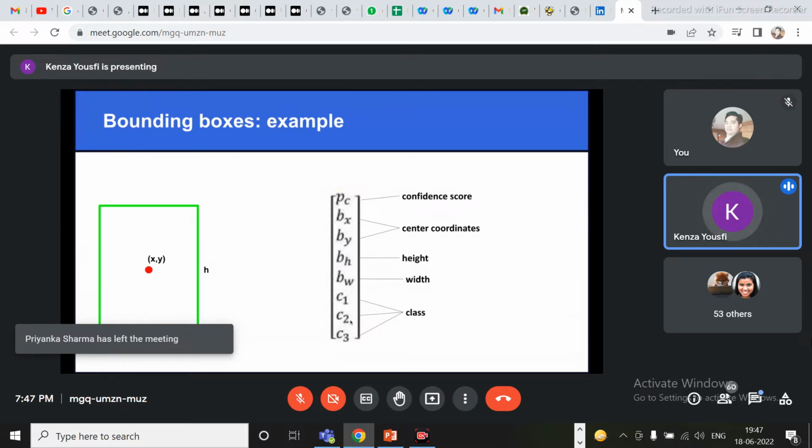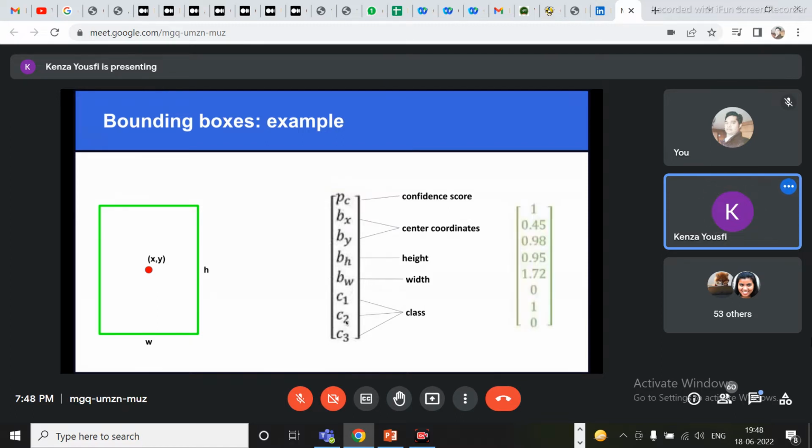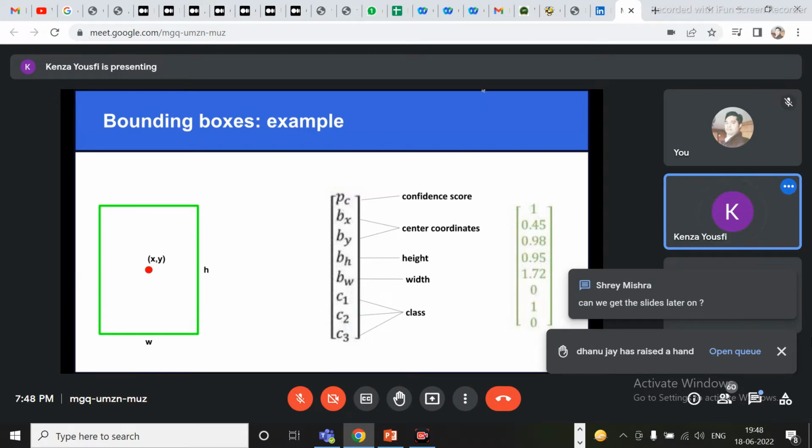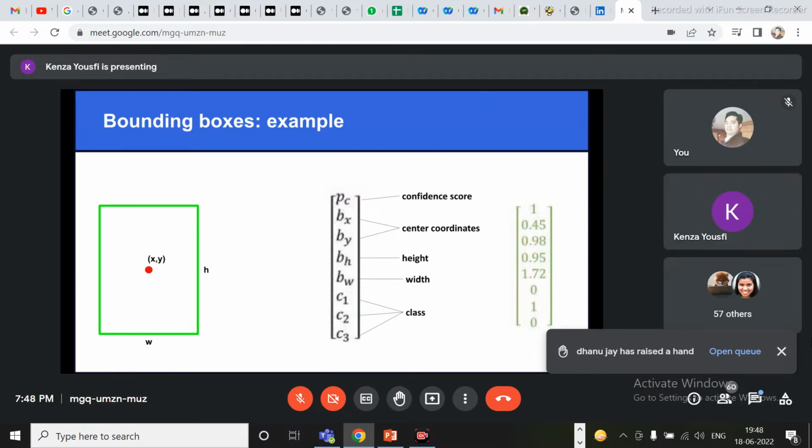And C1, C2, C3 is simply one hot encoding of the classes. So in this case, that means that we have 3 classes. And this is an example. So for example, if the second class is at 1, it means that the object we detected belongs to the second. Can I know what is the